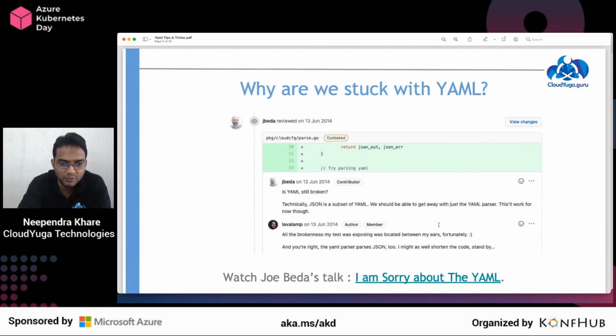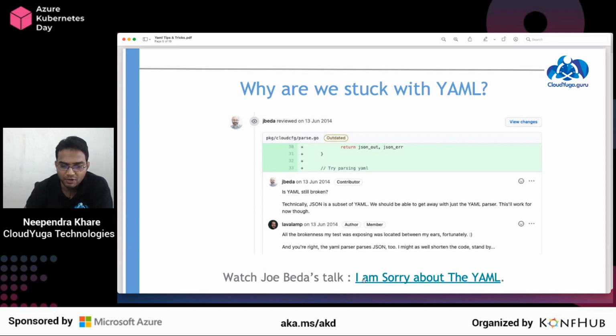But why are we stuck with YAML in Kubernetes in a way, right? We saw that YAML is good and very readable, but there would have been a choice where we could have chosen something better than YAML for Kubernetes. If you look here, there is a commit from Joe Beda, one of the creators of Kubernetes.